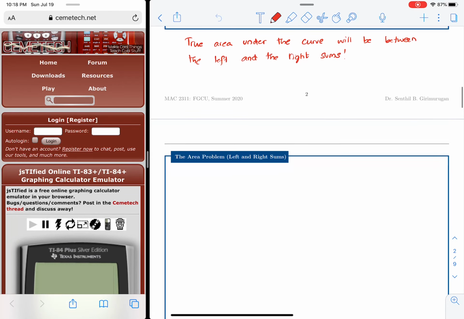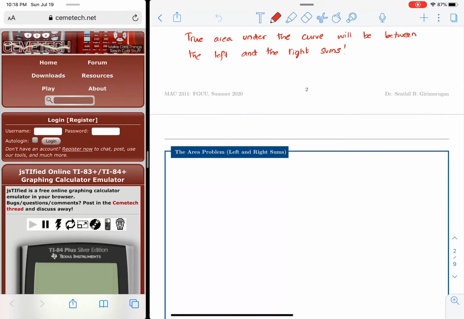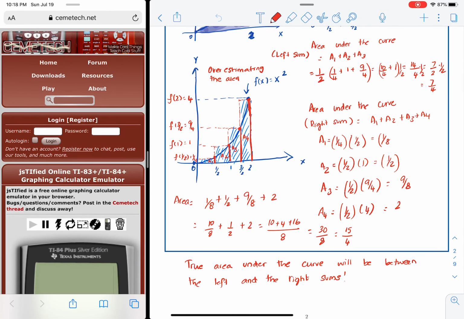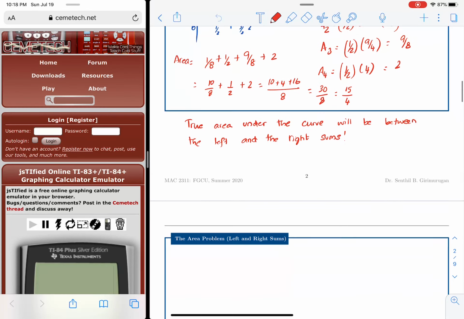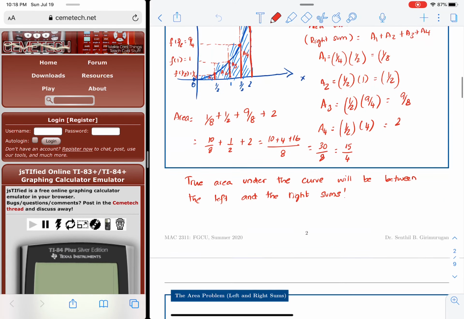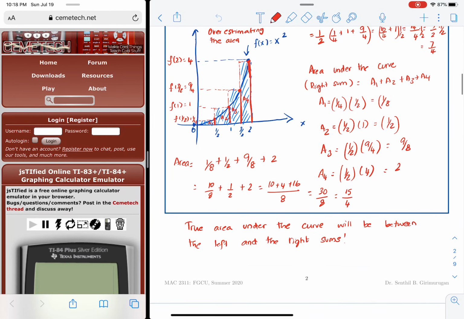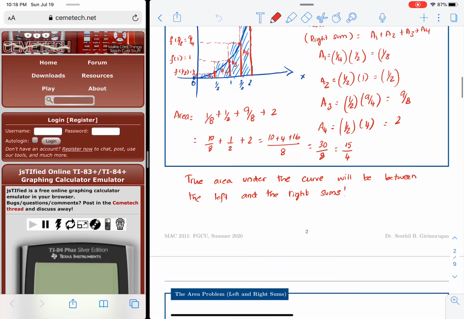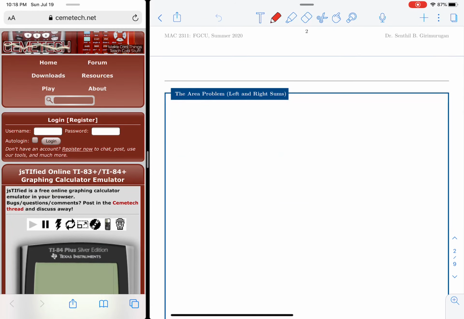So what do I mean when I say that the true area under the curve will be between the left and right sums? That goes back to an overestimate and an underestimate. If something is overestimated and underestimated, the true value has to be between the overestimated value and the underestimated value. That said, instead of arbitrarily picking the number of rectangles, these are called approximating rectangles, we can divide the interval